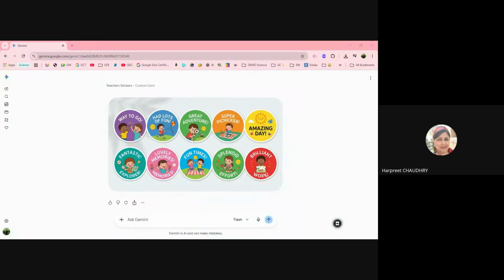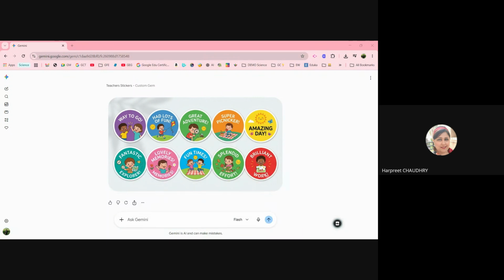You can either interact with it directly, or if you want to change it according to your requirements, have a look at how the prompt is. Just click on the three dots and click on make a copy. Each time, let's say you have Christmas coming up, you can use this as a Christmas theme header. You have some upcoming event in your school or a science quiz, you can always do that.